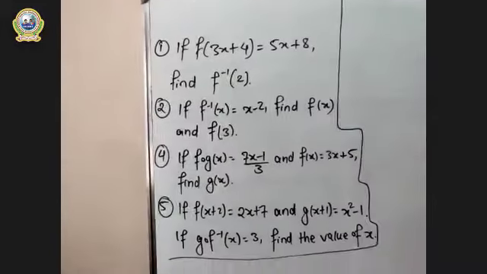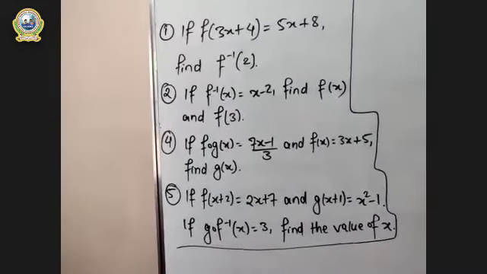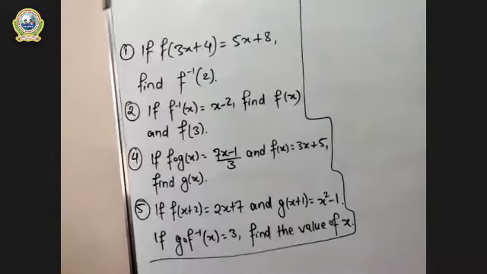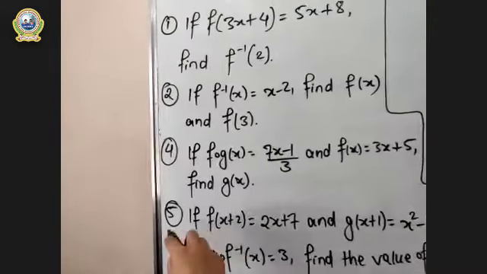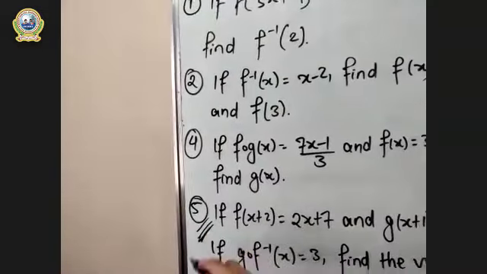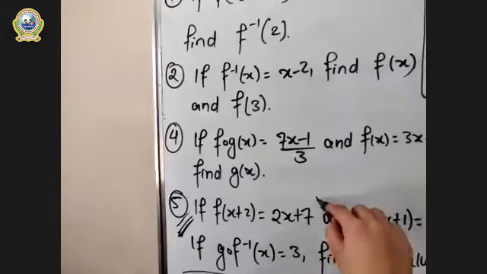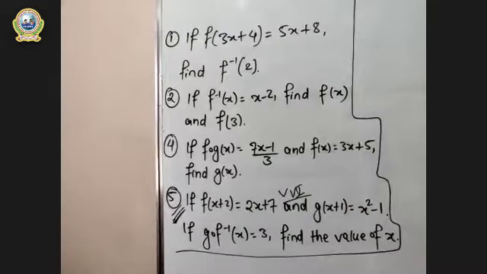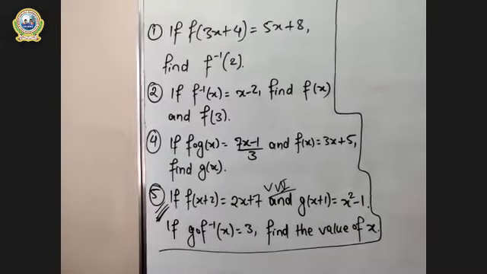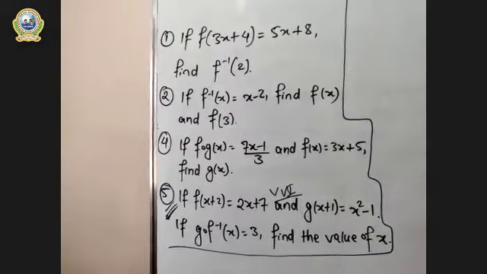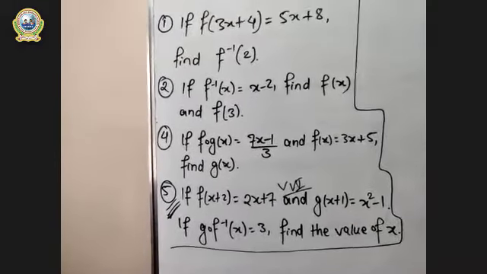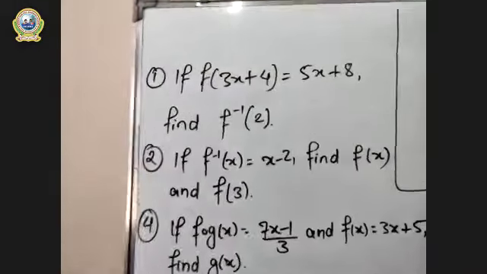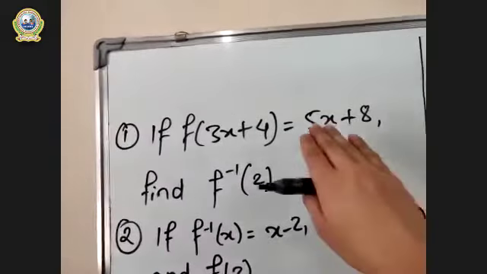Let's see the board first. And these are the questions that we are solving today. Question number 5 is a very typical, exceptional type of question, VVI over here. It is very important, and it is a past question as well. This question is not available in your book; it is from the practice book. So these are 5 questions, and let's begin from the first.